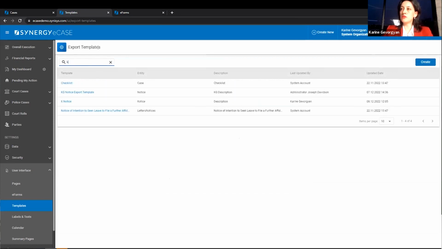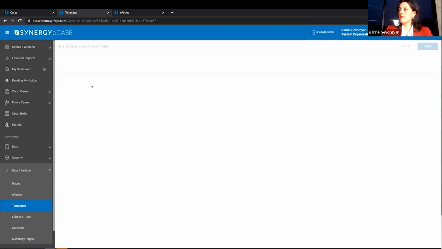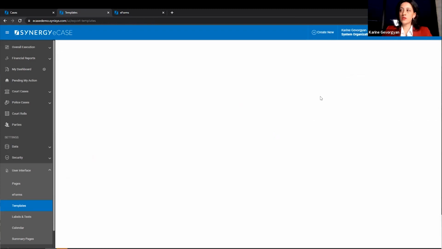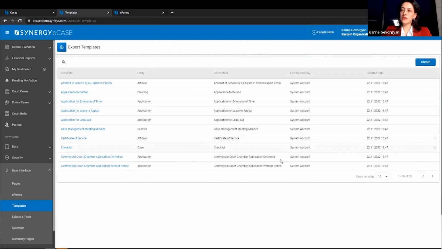I have already created one. This is the final result, and all the fields which should be pulled from the database are already binded here dynamically, and all the customizations on the template is done. This is the template that we have defined, and one last point to do is to bind it to the